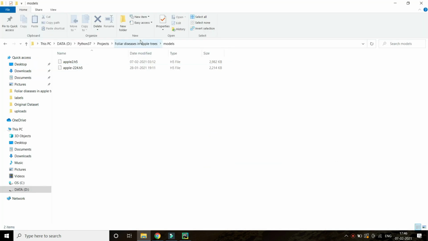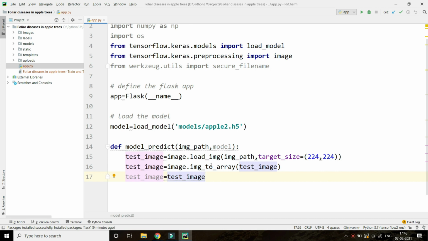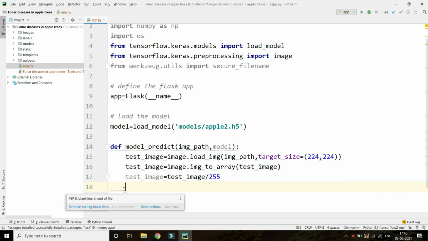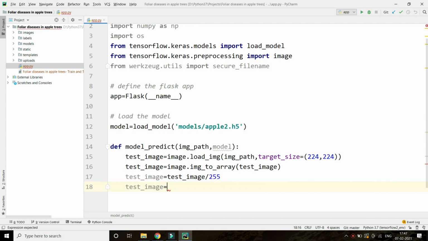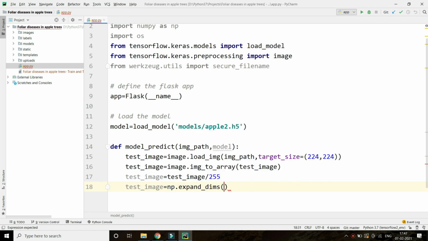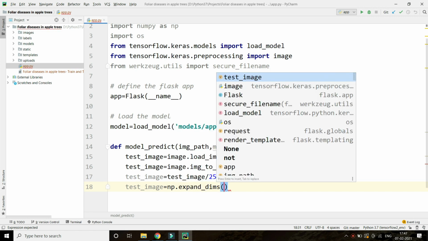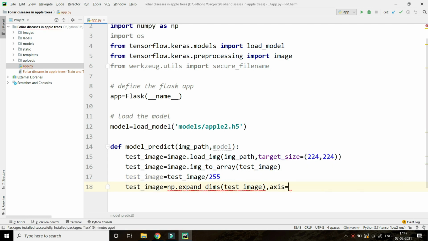Then we rescale it by dividing every pixel by 255, so that it is scaled down to a particular range. Again test_image = numpy.expand_dims of test_image with axis=0.